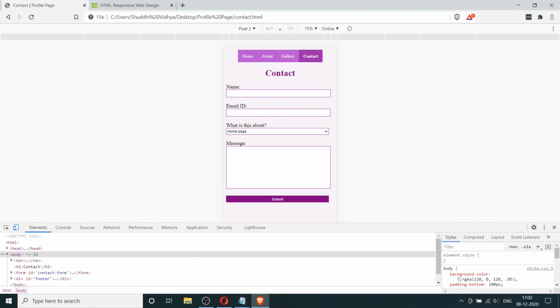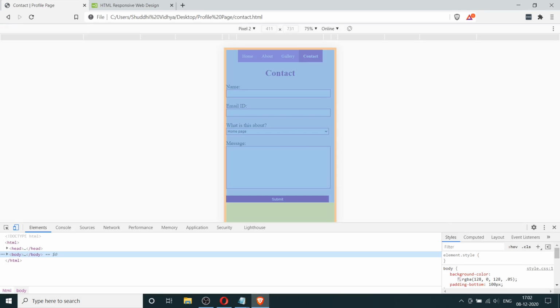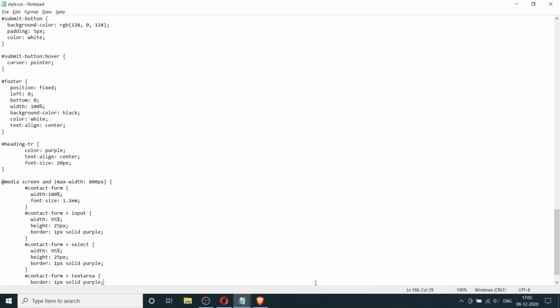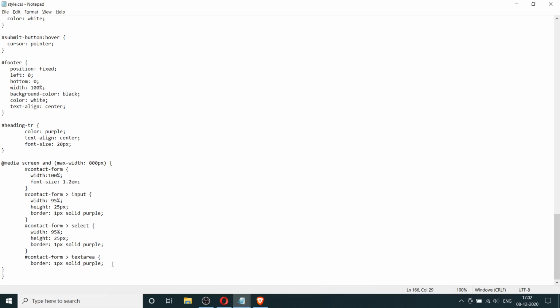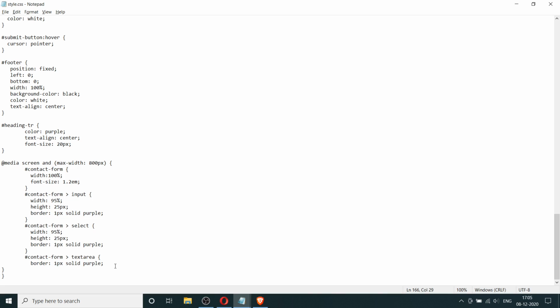It looks good now. Now the only thing is we've made these changes for our mobile device, but we also need to implement these border colors on the main desktop view. So what we can do is we can move these properties outside. The reason why we are able to see the border only in the mobile and not the desktop is that we've added these border properties only within the media query. So we need to move these border properties outside so that we get it on both the desktop and the mobile device. So I'm going to copy this